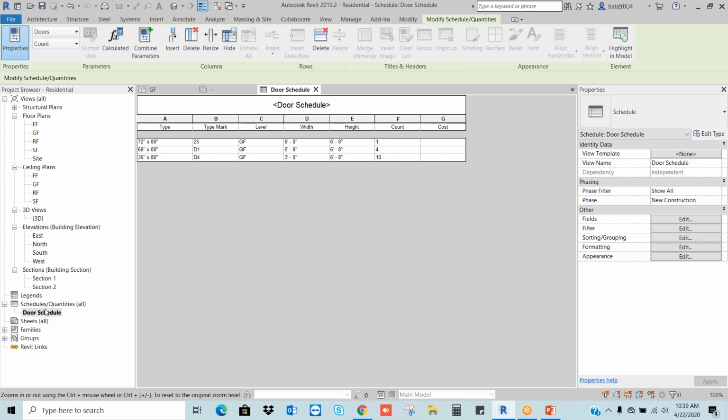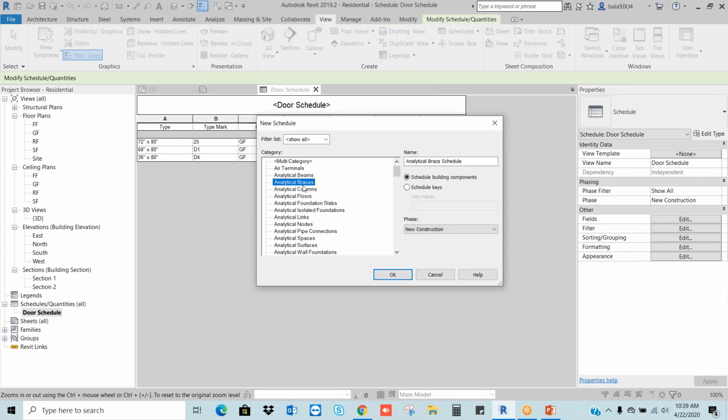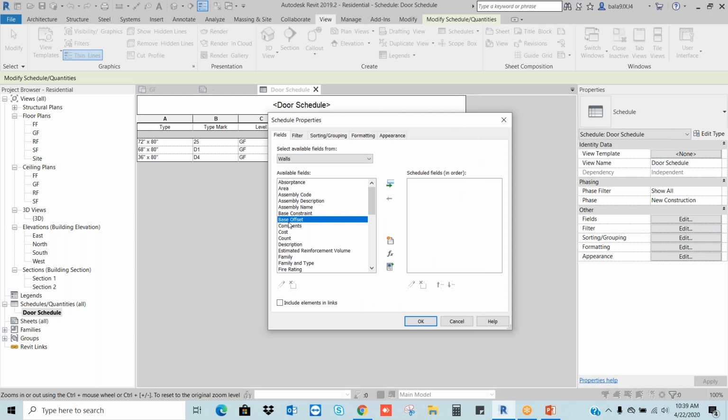Let's say now I want to take the schedules for the walls. I will go to the view, schedule and quantity. Okay, choose the walls. Here I will choose the wall type.